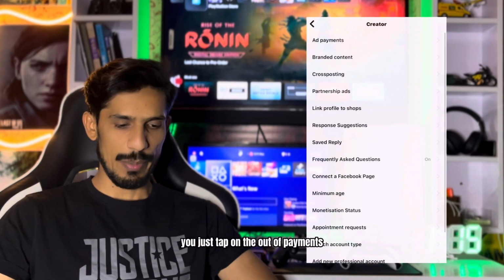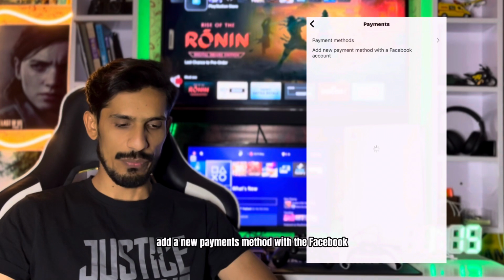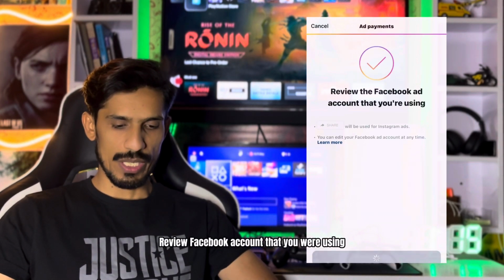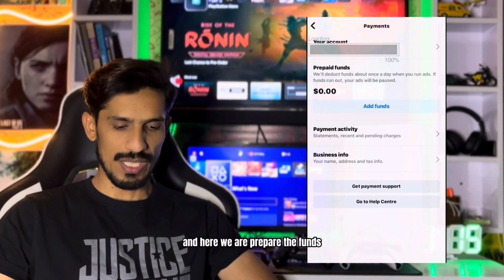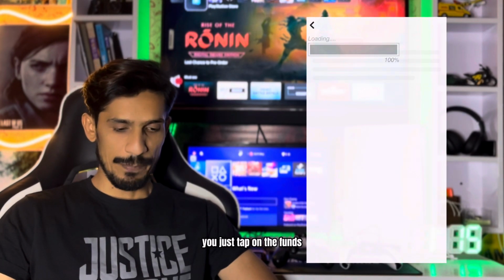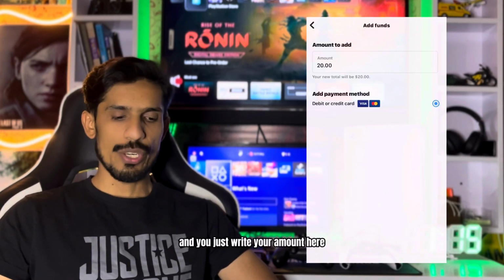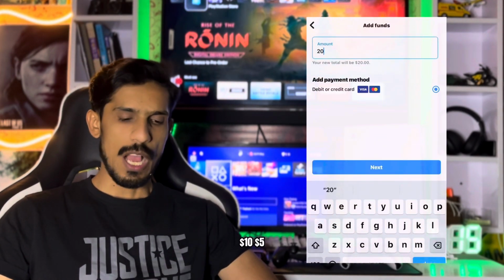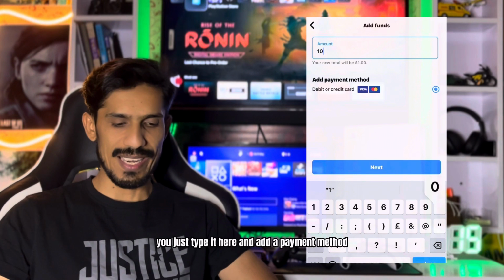You just tap on add a payment, add a new payment method with Facebook. Here we go to continue, review the Facebook account that you were using. And here we are, prepare the funds. If you want to add funds, you just tap on funds and write your amount here. If you want $100, $20, $10, $5, however much you want, you just type it here and add a payment